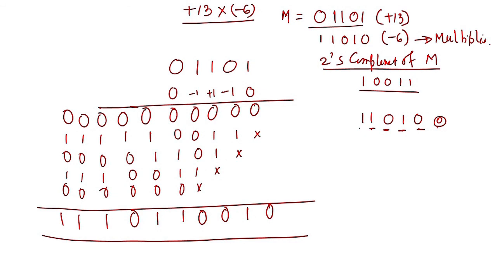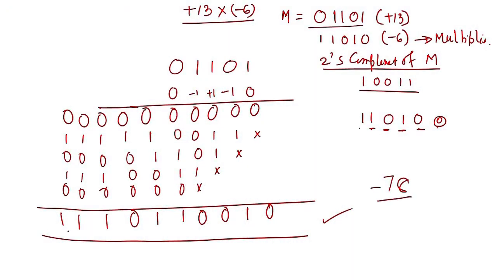So, what is the answer here? It is 0 0 1 0. So, you need to check whether this is the right answer or not. What is that? It is 78, right? It should be minus 78, the sign is negative. Okay. So, you can convert it. So, this will be 1 1 1 0 1 1 0 0 0 1.